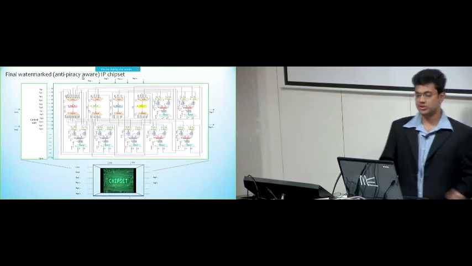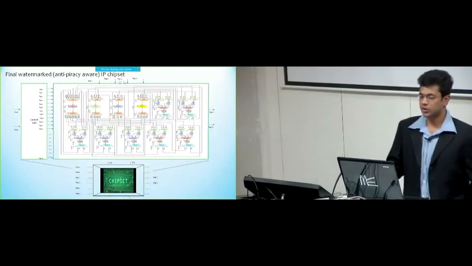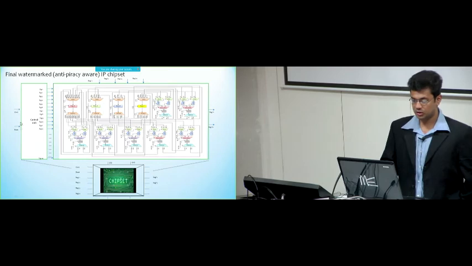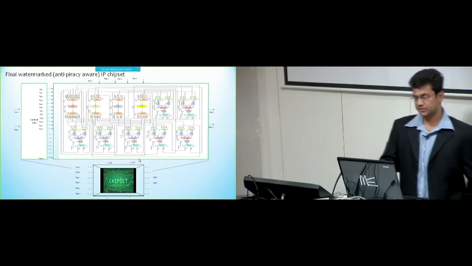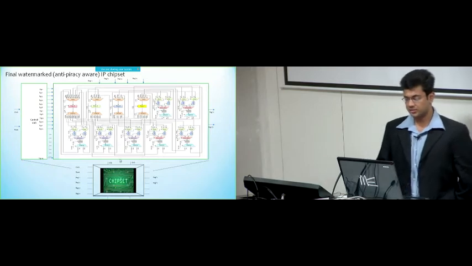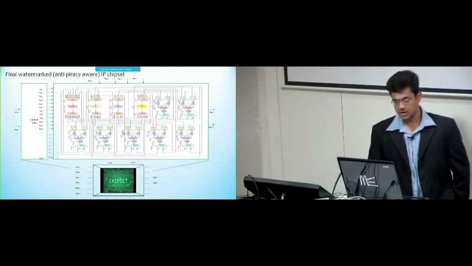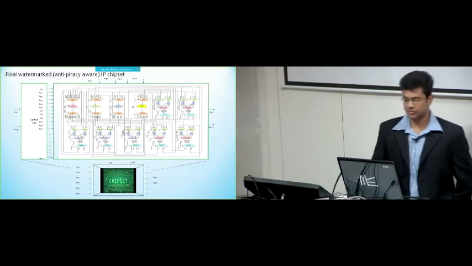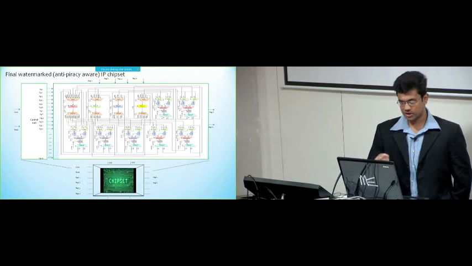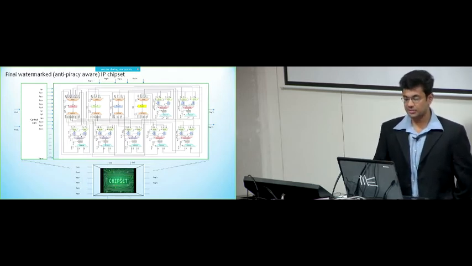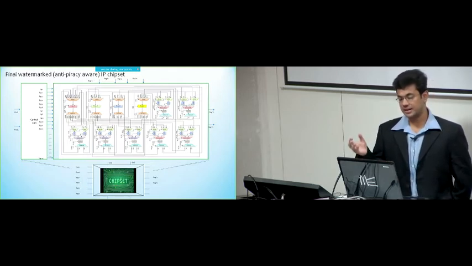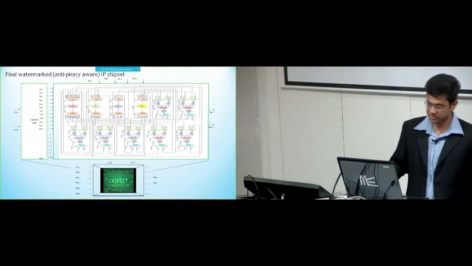The primary inputs here are registers I1, I2, I3 and I4 and clock and reset, and the final outputs are registers Y1 and Y2, and this is finally what we get as a chipset. We have the supply voltage, ground and the primary inputs and outputs. So a similar process can be adopted for any DSP application when we want to build a system on chip for a consumer electronic device, which can be anti-piracy aware as it incorporates all the watermarking constraints.